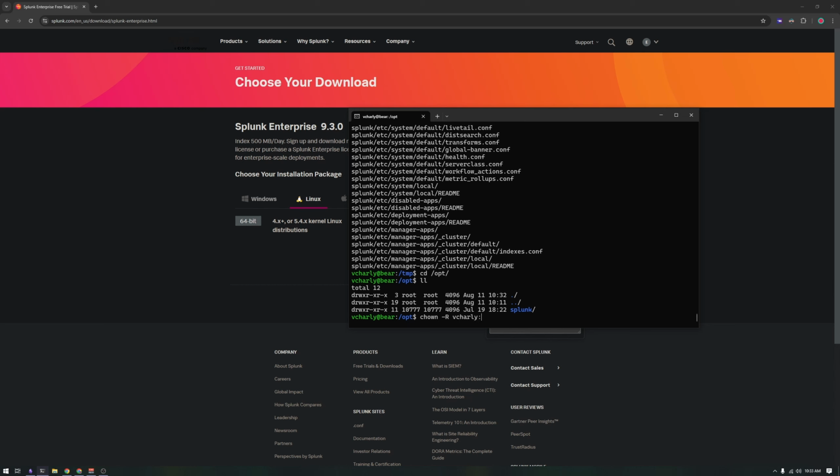That's my username. Best practice here is to make a new user called Splunk with limited permissions and then change the ownership to that Splunk user. But just to make it easier with editing files and all that kind of stuff in the future, for just this lab environment, I'm going to change the ownership to my user. So I'm going to do